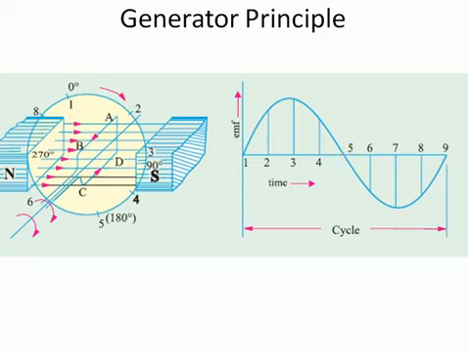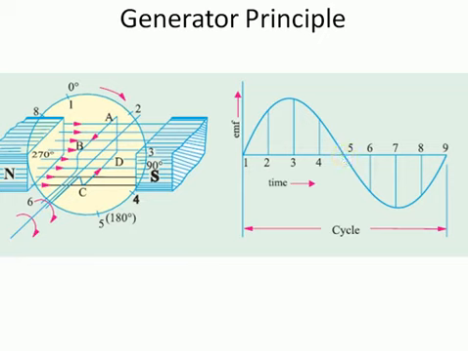If you are looking at point 5, the conductor AB will be just moving in parallel with these flux lines, just like how it was moving through position 1. The magnetic flux linkage is maximum, hence the rate of change of flux linkage will be 0. That corresponds to 0 induced EMF, which is represented as 0 volt in position 5 here.